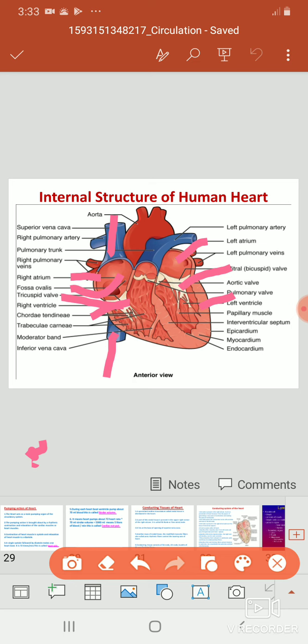The lower chambers are the ventricles. They are inferior, thick-walled pumping chambers of the heart. The right and left ventricles are separated by the interventricular septum. The wall of the left ventricle is more muscular, about 3 times thicker than the other chambers, because it has to pass the blood very forcefully to the aorta and indirectly to all body parts.